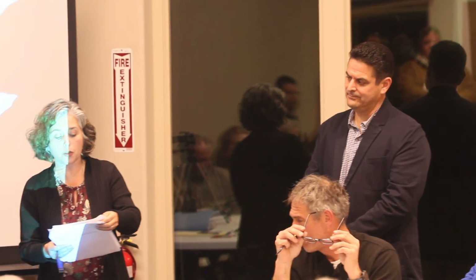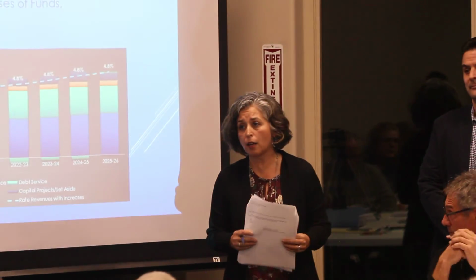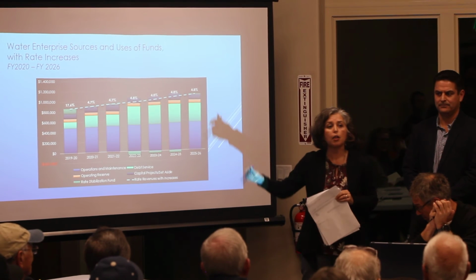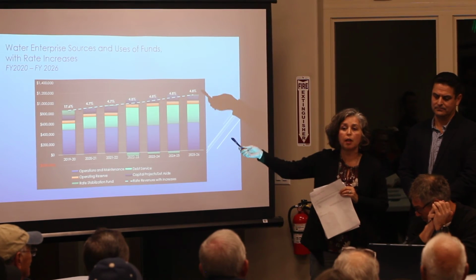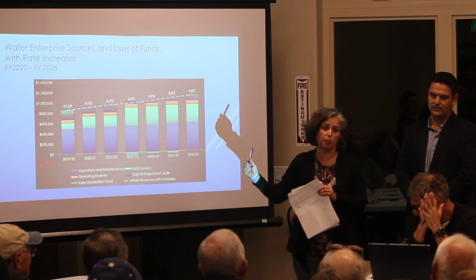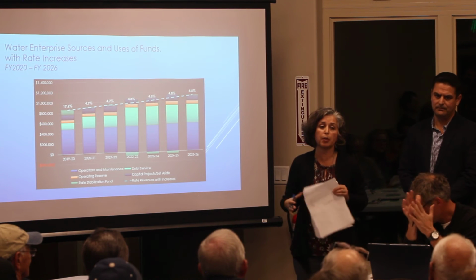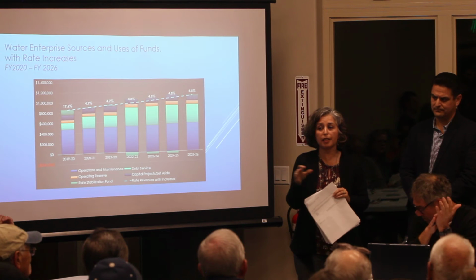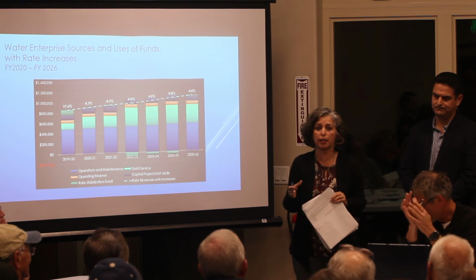Yeah, and it's actually lower than your historical cost increases over the last 5 years. Your historical cost increases have gone up by almost 13% on average over the last 5 years. So this rate study actually assumes pretty low cost increases over the projection period, 3% versus 12%. And that is because the district wants to minimize rate increases.